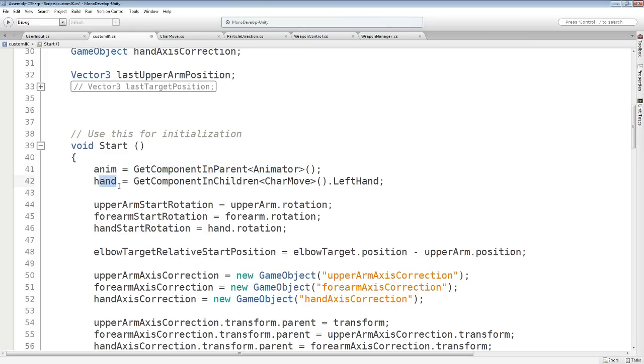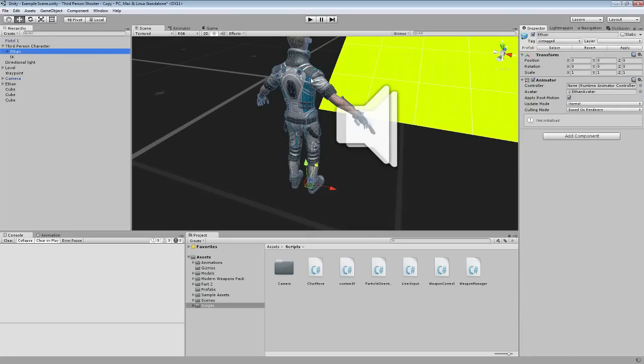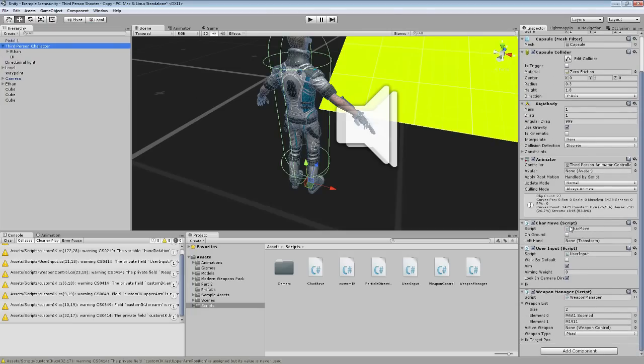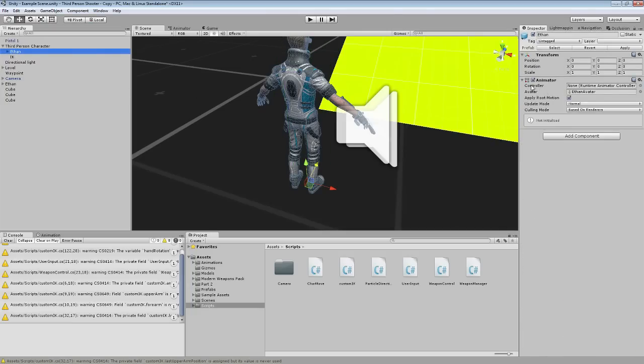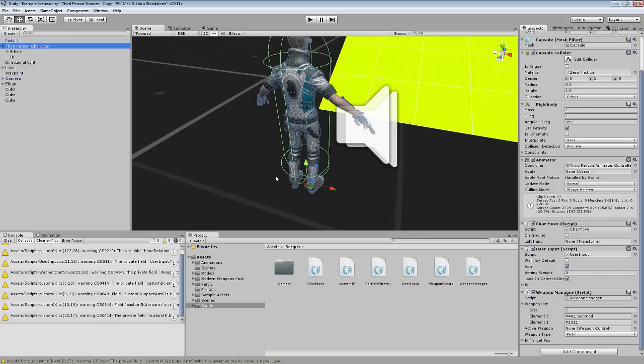It will never assign. We could change it to get component in children, not parent, and tell it to go inside our children and take this animator, but because these scripts run first and our character movement script